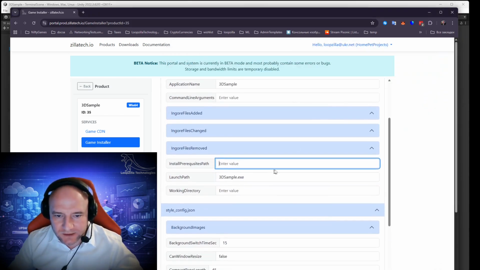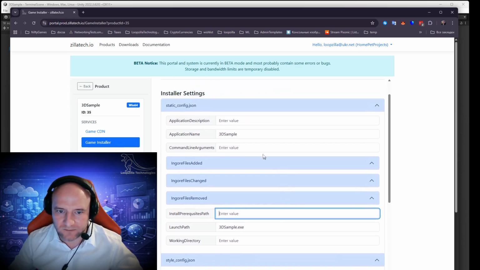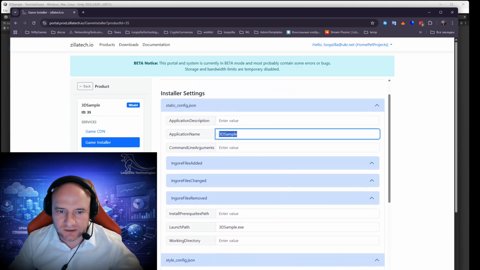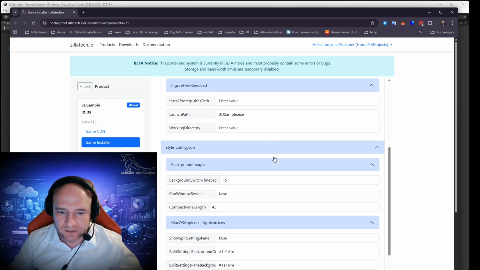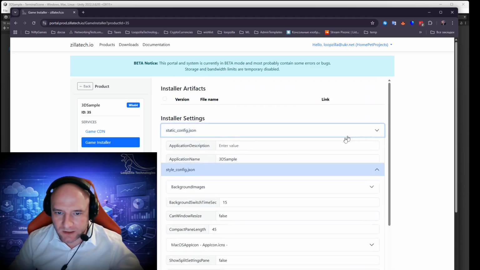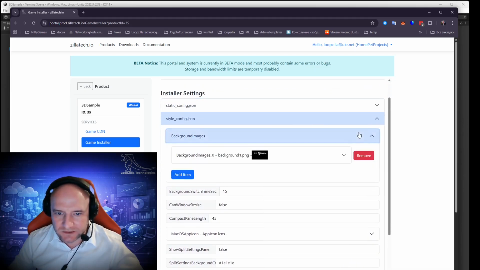Prerequisites path is empty. It's mostly used in Unreal projects, and they have some prerequisites to run a game. You can change the title of the installer, add some command line parameters, and also you can change